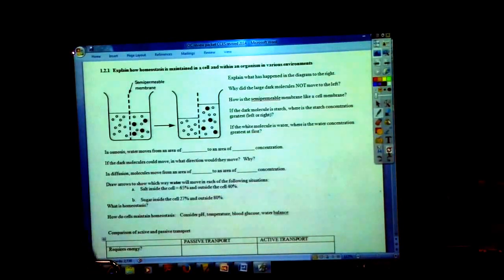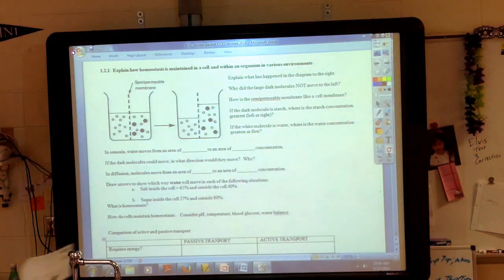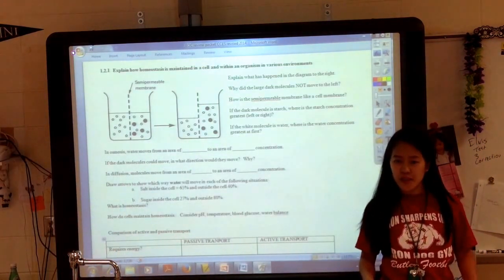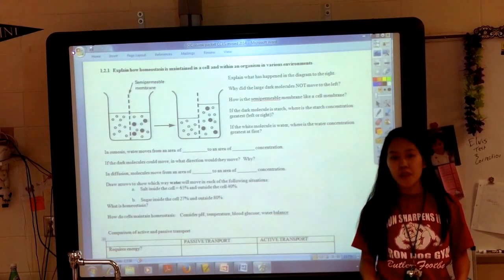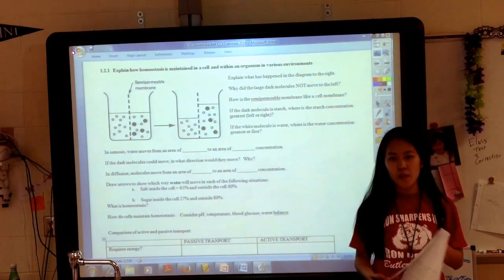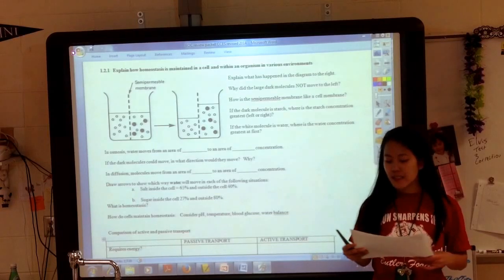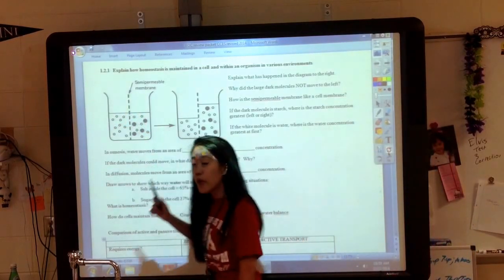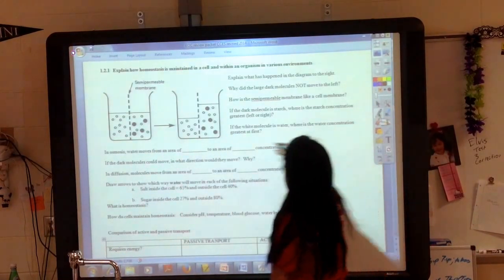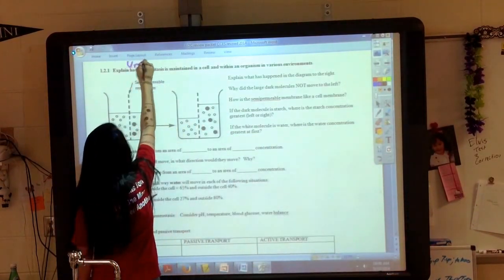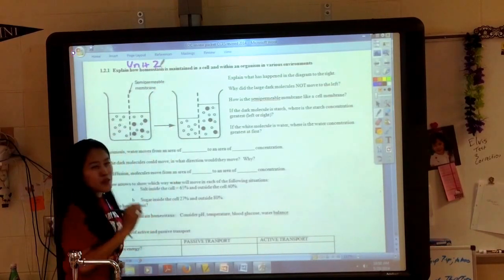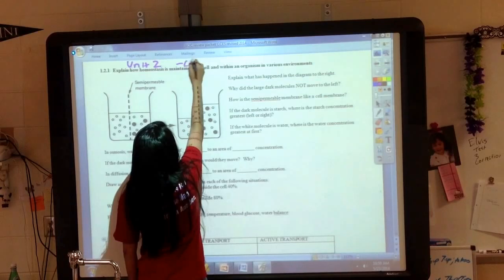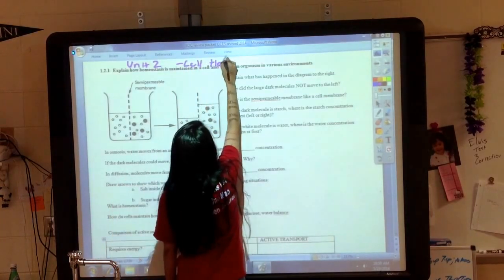All right, so now we're on EOC part 2. We're actually going to move down a little in class. We'll be going over the rest of the first page, which is going to be on enzymes and cell parts. But what you're going to look at today is section or objective 1.2.1, and this is going to be from Unit 2. It should be about Unit 2.2 or Unit 2.3, where we're talking about cell homeostasis,